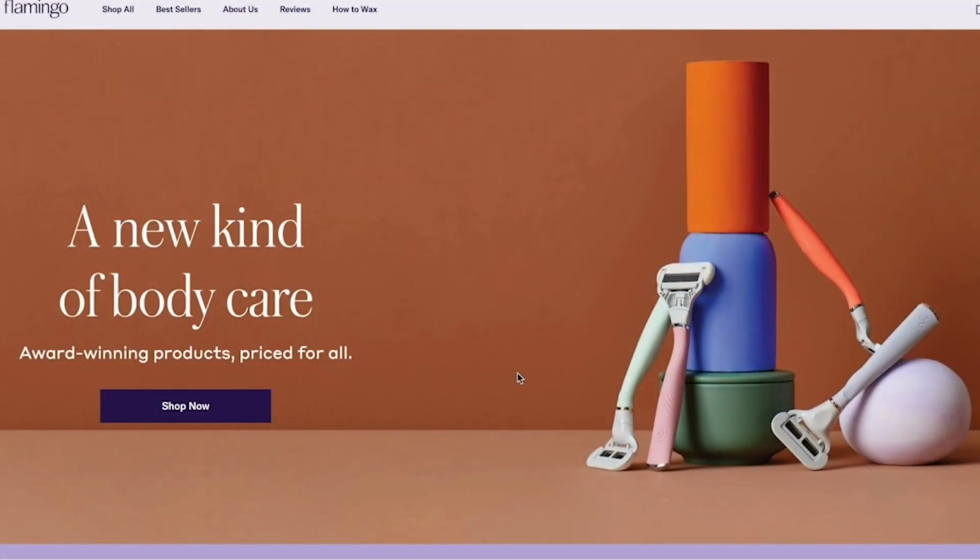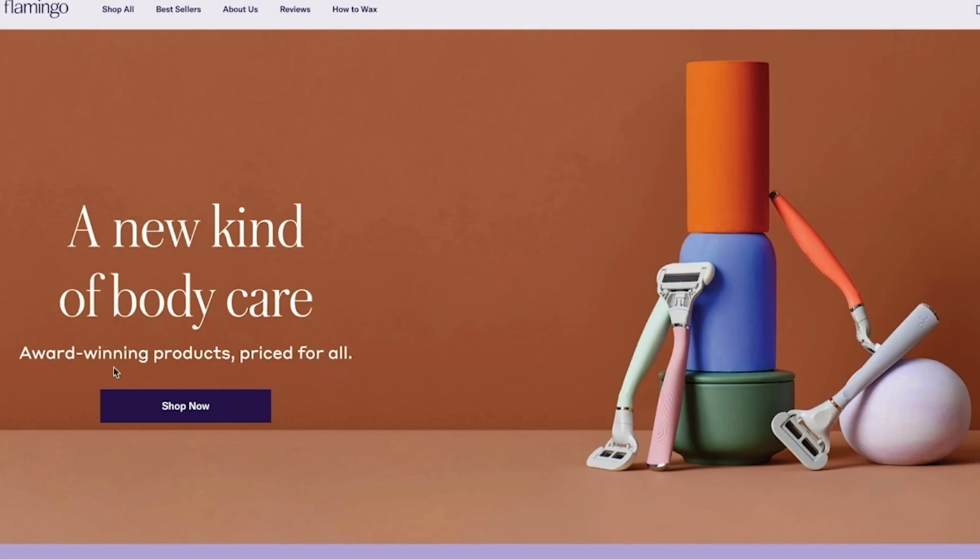So we're gonna look at this and we're gonna see how this particular company, which is called Flamingo, markets towards a buyer persona like Sarah. So let's hop on in. Immediately on the homepage, I see that it has some fun colors. This hints to me that it's for someone who is still pretty young, new kind of body care, award-winning